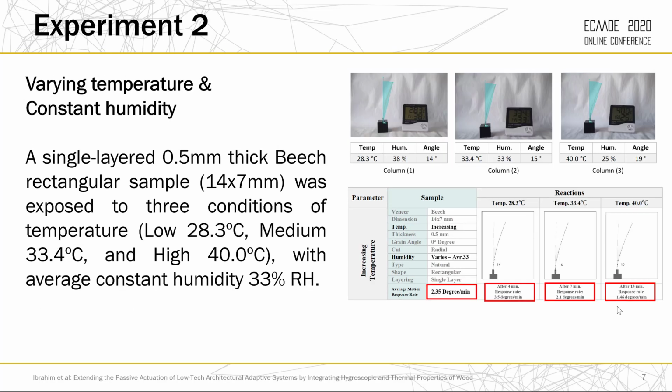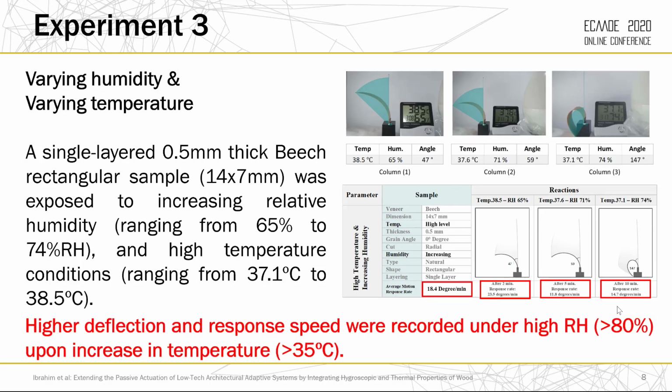In the second experiment, where we varied temperature and had humidity as constant, the main observation is that the more the heat gained by the sample, the higher the fiber ability for hydro expansion. Based on the principles of the coefficient of thermal expansion of wood, it was shown that higher levels of temperature are significant parameters. In the third experiment, we varied both humidity and temperature. We observed a higher deflection and response speed under high relative humidity above 80% and upon increase in temperature above 35 degrees Celsius. And this demonstrates the combined effect of humidity and temperature as 2 significant parameters in the shape-shifting